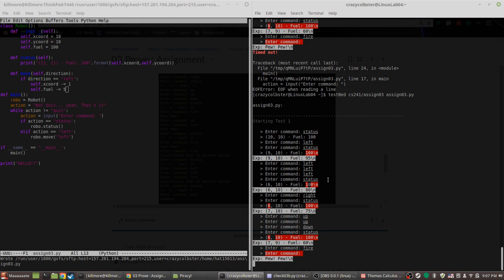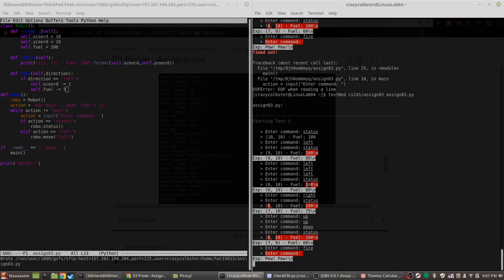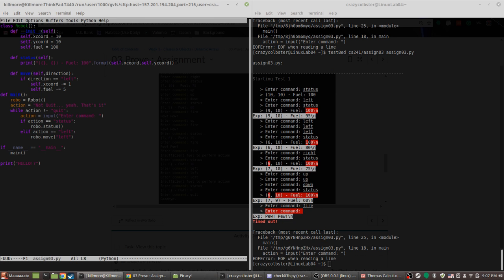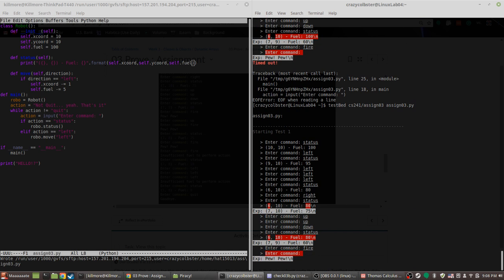Oh wait, never mind. There's becoming fewer errors. It's just I keep skipping things so it looks like a bunch more errors. What? No value in function returning nothing. Why is fuel still the same? Why did I do that? I just hard-coded the fuel to always say 100. I should have said fuel brackets and then said after this, self dot return fuel. Control S. I'm almost done with this program already. This is actually ridiculous.